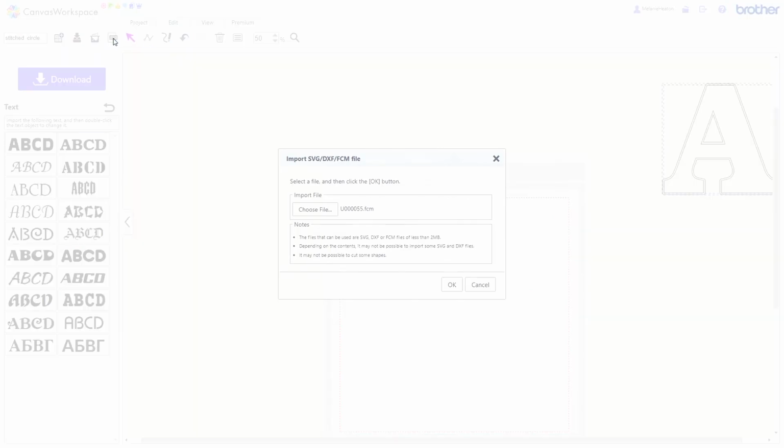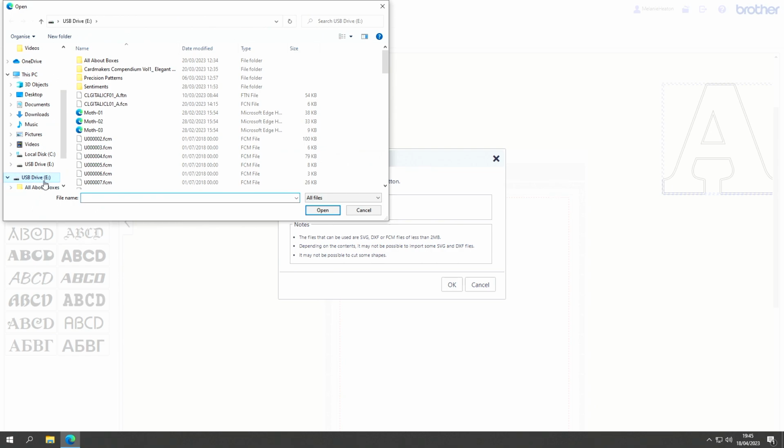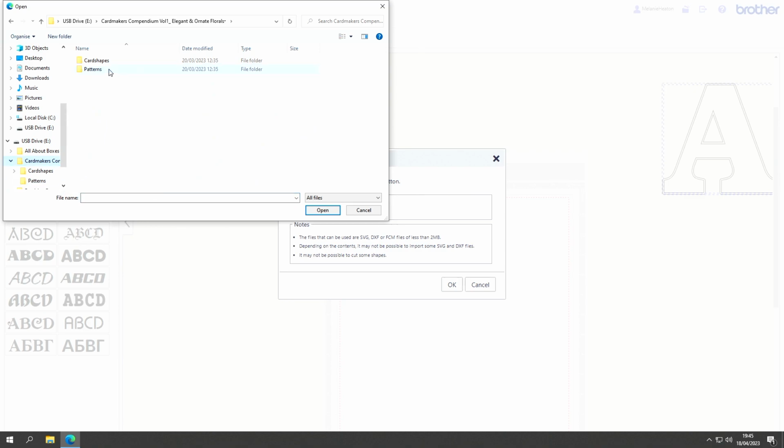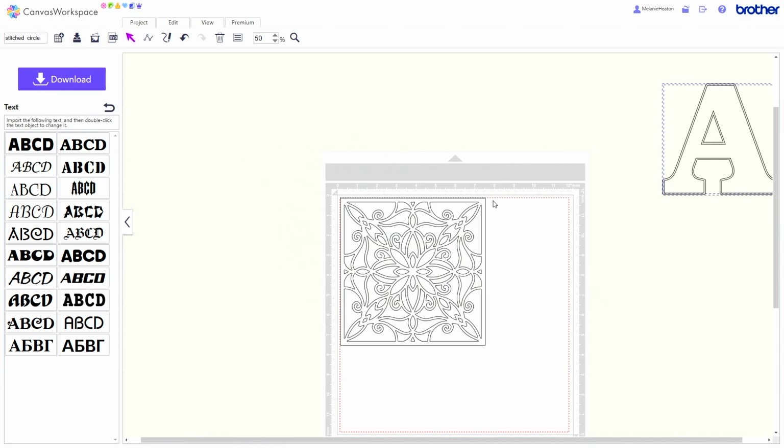But if I just go into my USB again and bring in that pattern that we had before. So let me scroll down and find Card Maker's Compendium, Patterns, number 5. It doesn't matter which one it is. So when I bring this into Canvas,